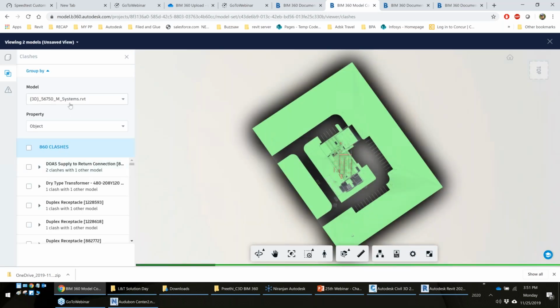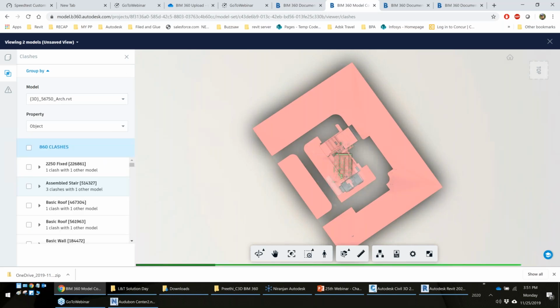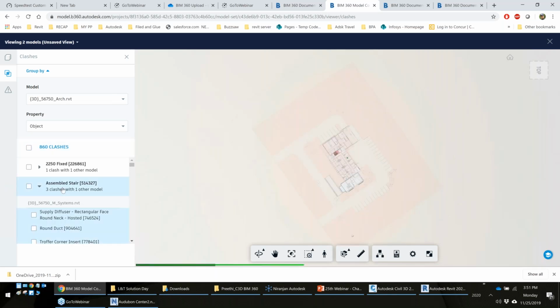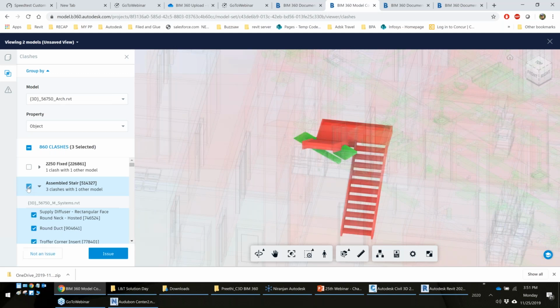So now say, for example, if I have a model and I'm running these clashes, what you will see is it will always group clashes together. So that means if somebody repairs that, or if that duct is being reworked, this is going to resolve three clashes. Now what I can do is click onto that particular clash only,